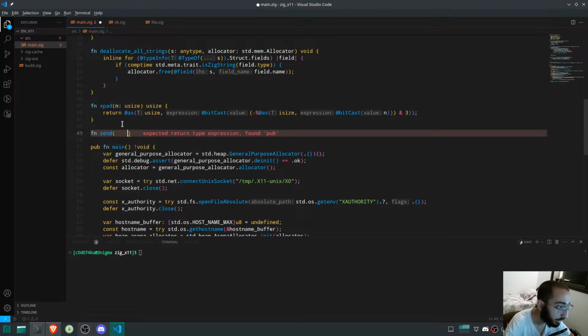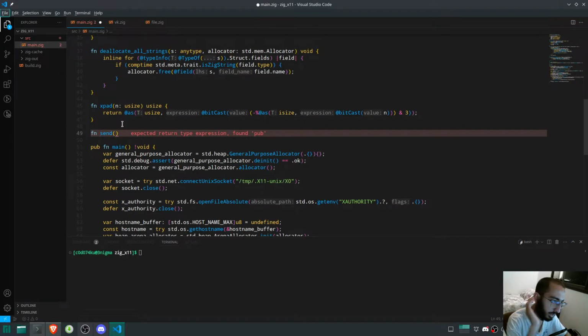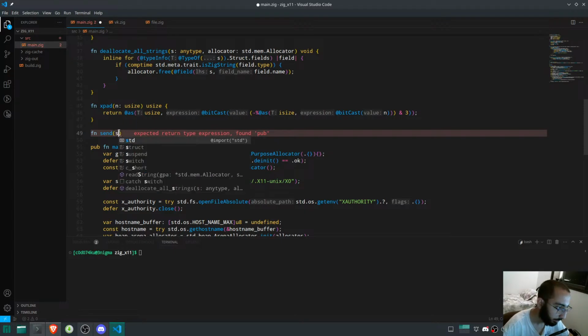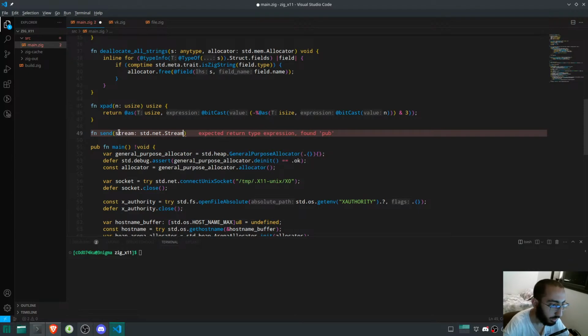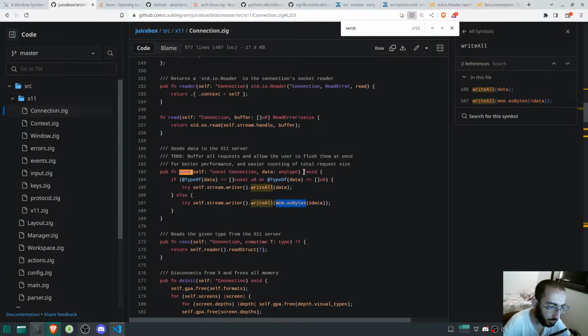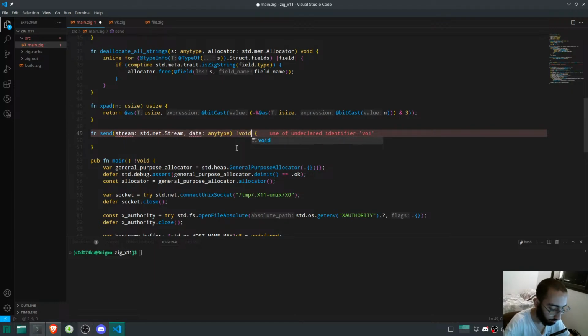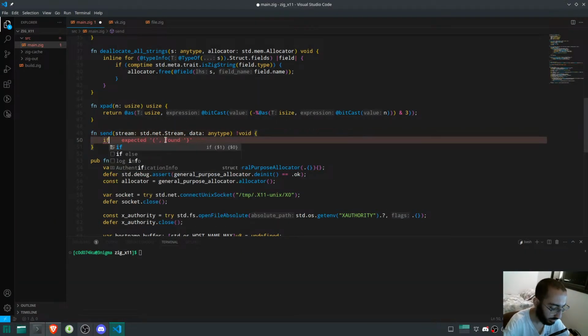Fn send, and it basically takes in a connection. In my case, I don't have any connection yet, but I have a stream. So std.net.stream, there you go. And of course the data, which could be any type. And then it returns either an error or none. Okay, cool. Now we basically could switch on the type of data or check what it is. Okay, so if std.meta.trait.is